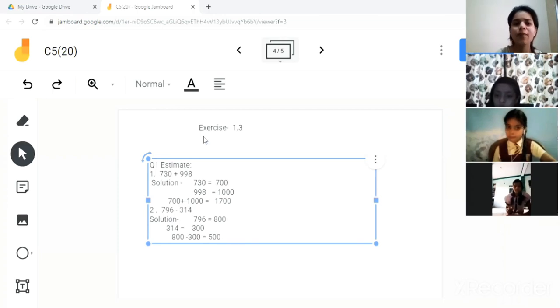So in this way, if a positive sign is there, you have to add. If a minus sign is there, you have to subtract. And if there is multiplication, children, you can multiply it also. So the first step is to convert into the nearest tens, 100 or 1000, and whatever operation is given, either plus, minus, multiply, or divide, according to that you can do the solution.